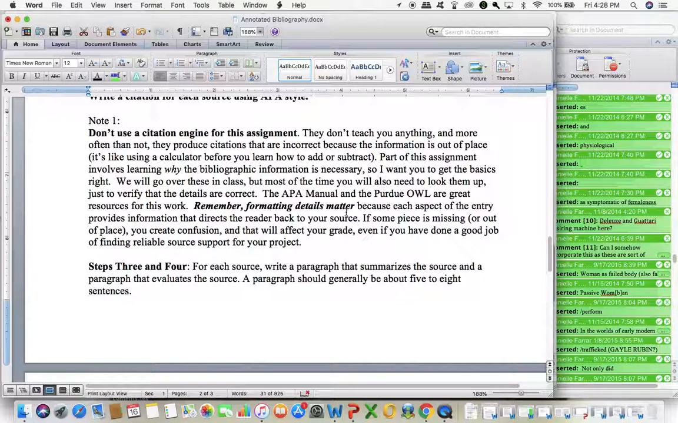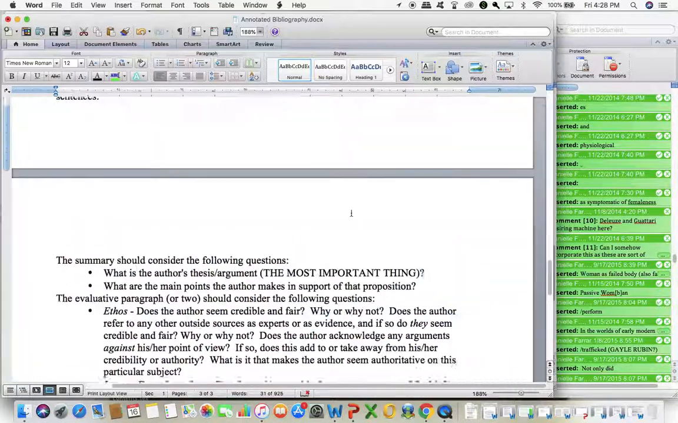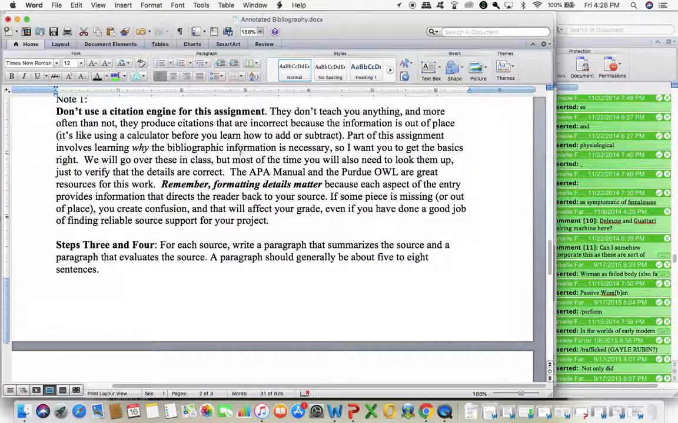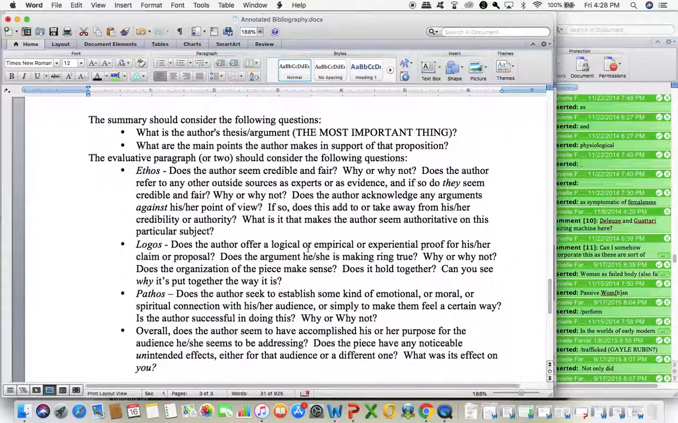I'm not going to go through it now, because this isn't new information. I'm just delineating it in a different way. These here, however, might be helpful for you. I tried to flesh out a little bit more of what your summary and your evaluative paragraph should do. The most